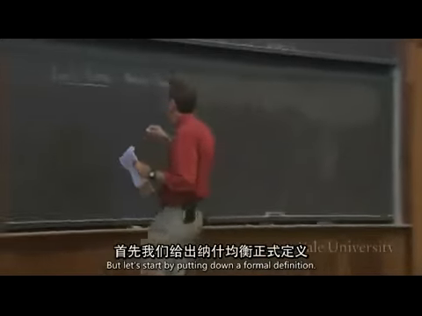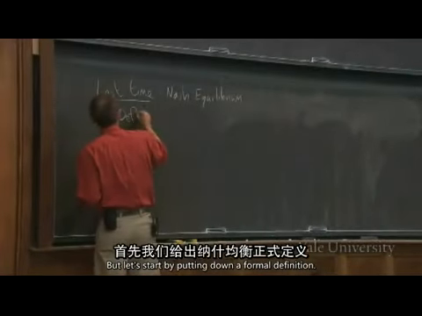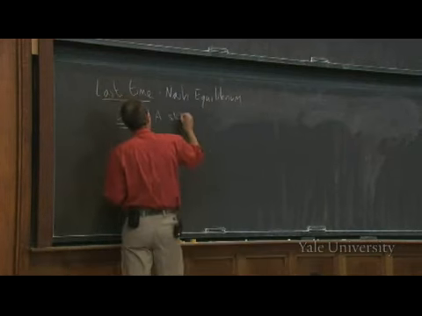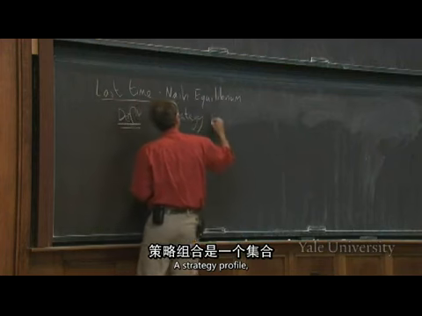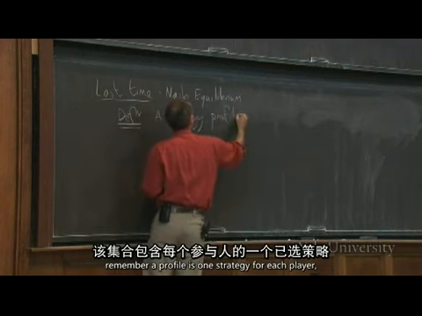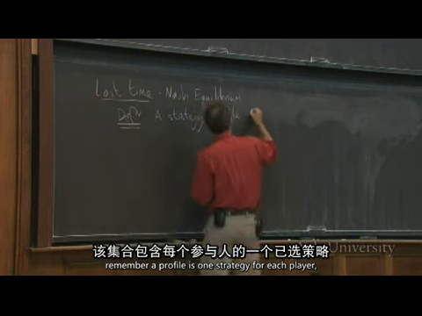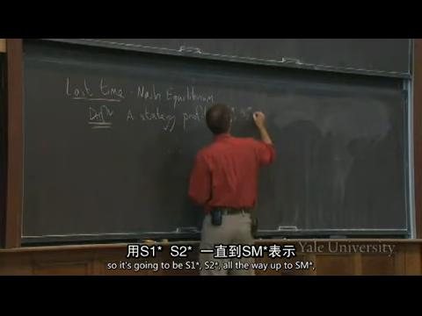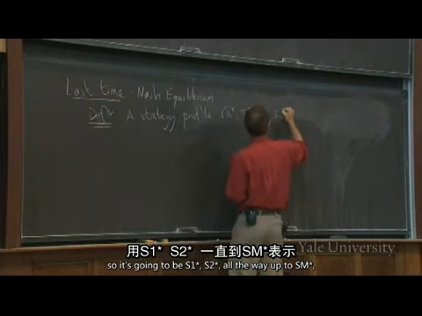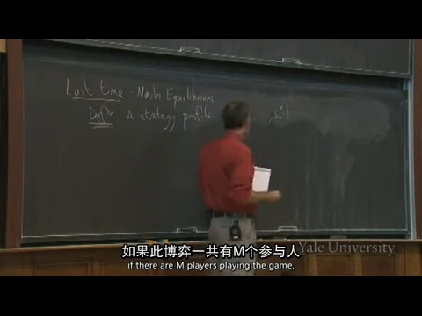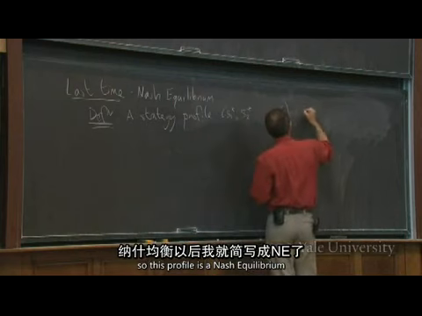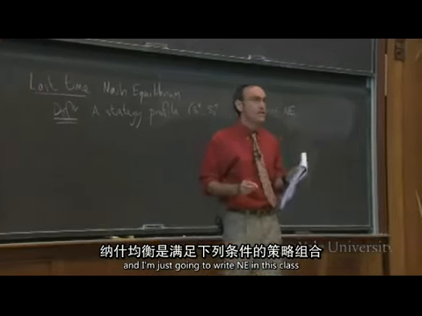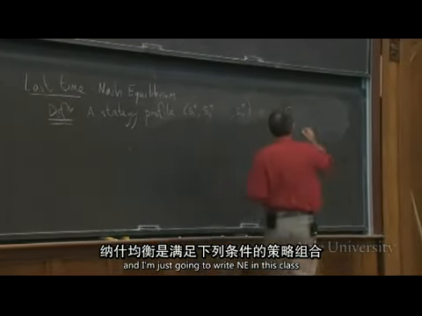All right, but let's start by putting down a formal definition. We only used a rather informal one last week, so here's a formal one. A strategy profile, remember a profile is one strategy for each player, so it's going to be S1 star, S2 star, all the way up to Sn star if there are n players playing the game. So this profile is a Nash equilibrium, and I'm just going to write NE in this class for Nash equilibrium from now on,